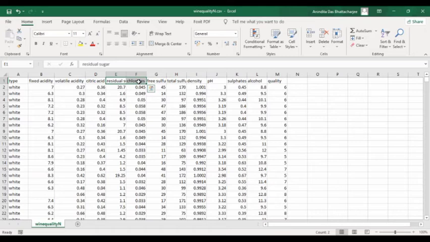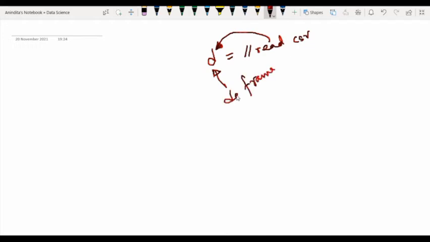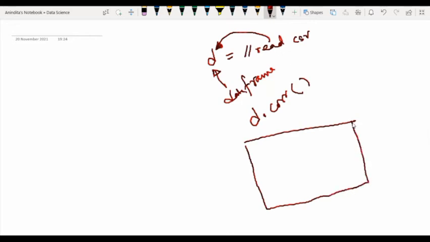So what do we mean by this correlation matrix? See here, when importing a data set, we take one variable and read the CSV file. Whatever CSV file we are reading will be held by this variable D. So variable D is basically holding the data frame. And for the correlation function, you just write the name of this variable .corr function. As output, you will get one square matrix.